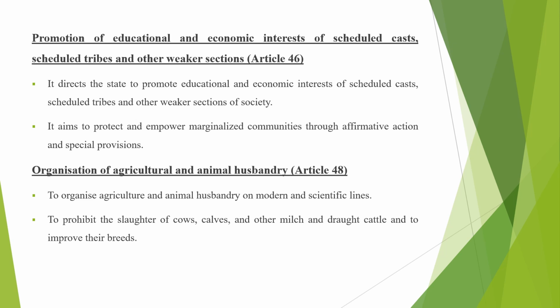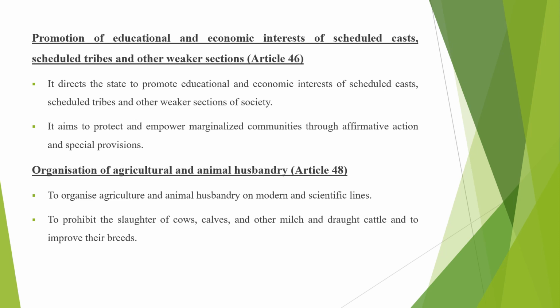So this article says that the government should help these groups by doing two big things. First, they should make sure everyone gets a good education. That means schools should be available and accessible to everyone, no matter where they live or what their background is. Second thing is that the government should help people from these groups find jobs and earn money. This is really important because having a job can help people support themselves and their families, and it gives them a chance to build a better future.